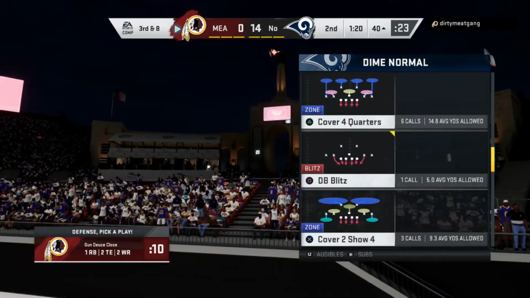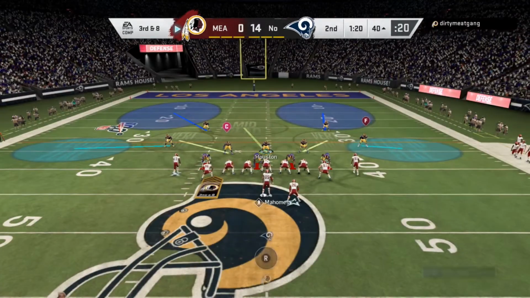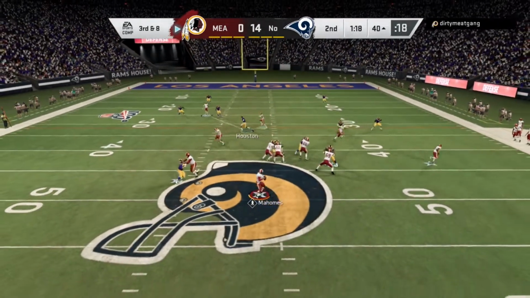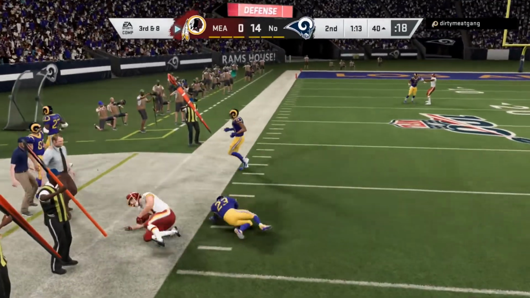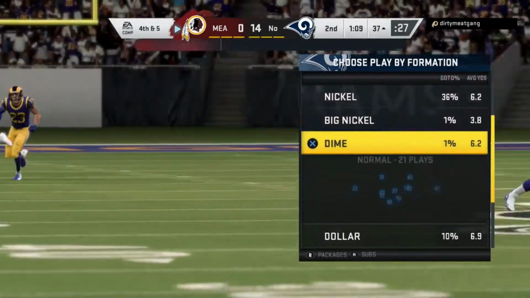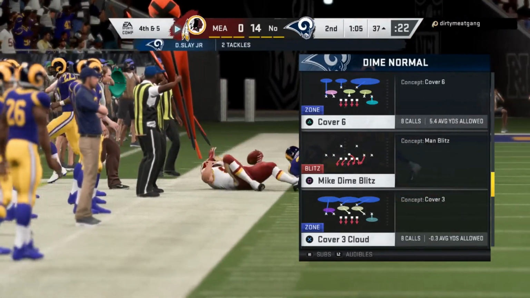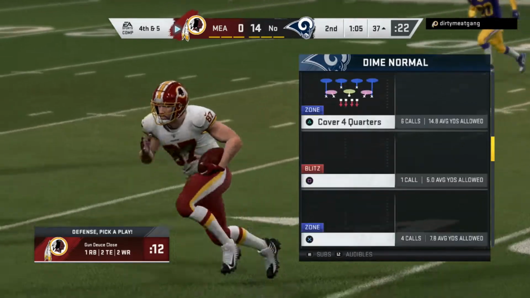Gun deuce close. We're going to run cover 2 show 4. But we're going to play over the top flats. So what are those? Cloud flats. And we're there. Wrap that up. 4th down, baby. And he's going to want to go for it since he's down. So what I'll do, since he wants to go for it,